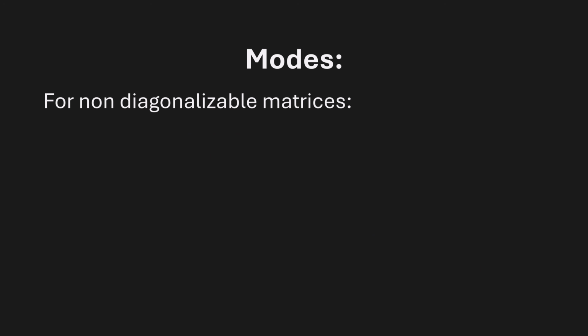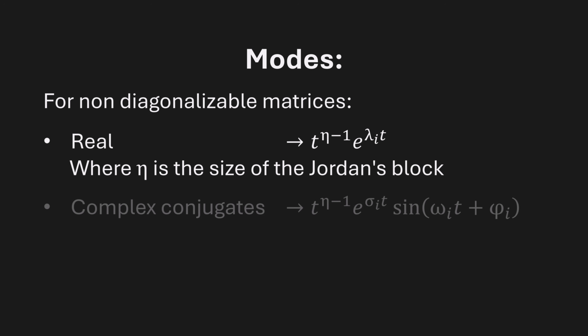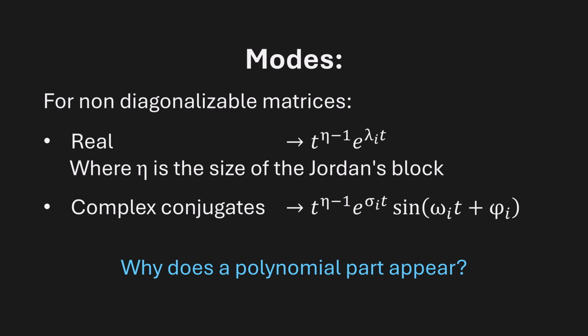For non-diagonalizable matrices, we need to use some more advanced math, which is Jordan form, and just trust me if I say that for non-regular eigenvalues, we get these values for real or complex conjugate eigenvalues. Why does a polynomial part appear? Well, intuitively it happens because A does not have enough eigenvectors to absorb the entire exponential dynamics. The system's response then compensates with generalized eigenvectors, which, under the action of the matrix A, introduce successive derivatives of the exponential, polynomials.